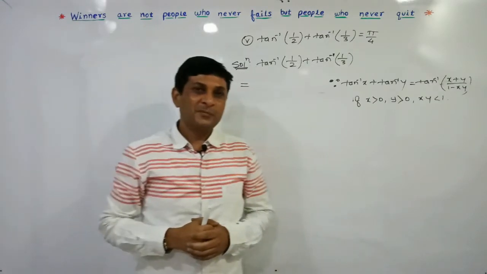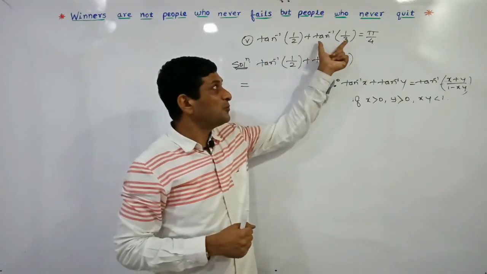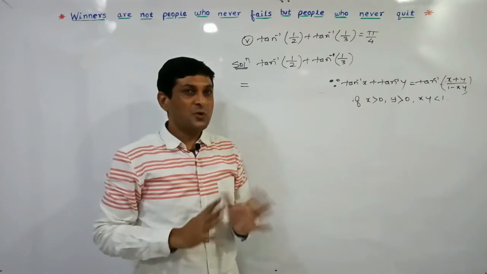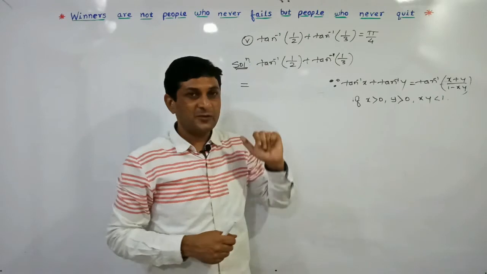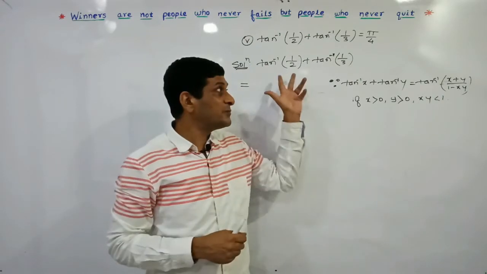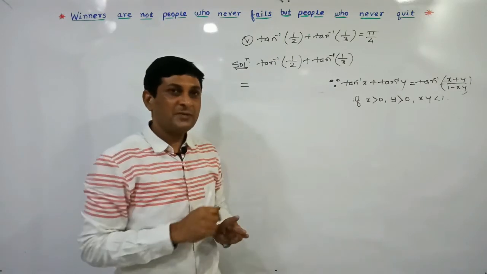In example number 5, we have to prove that the value of tan inverse of 1 by 2 plus tan inverse of 1 by 3 is equal to pi by 4. If you observe, the terms are in the form of tan inverse of x plus tan inverse of y. To find the sum of two tan inverse terms, we have three properties, and one of the